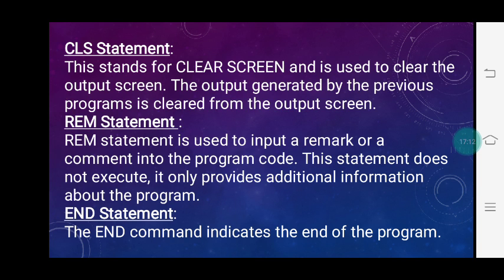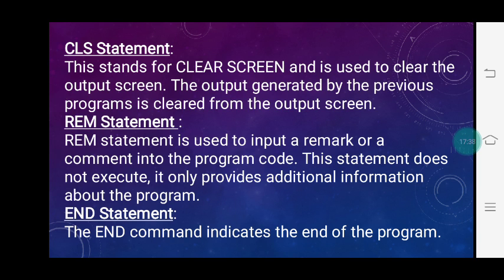The second one is the REM statement. The REM statement is used to input a remark or a comment into the program code. This statement does not execute. It only provides additional information about the program. Suppose I'm doing the addition of two numbers.